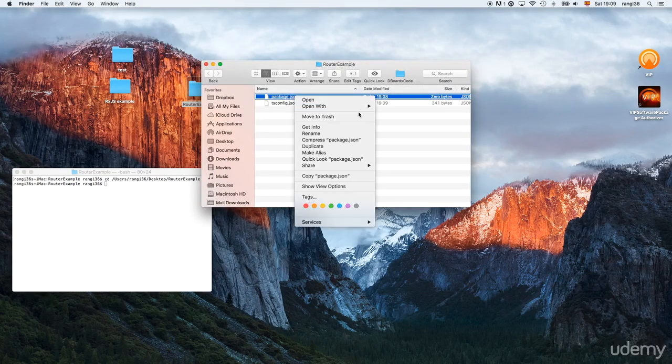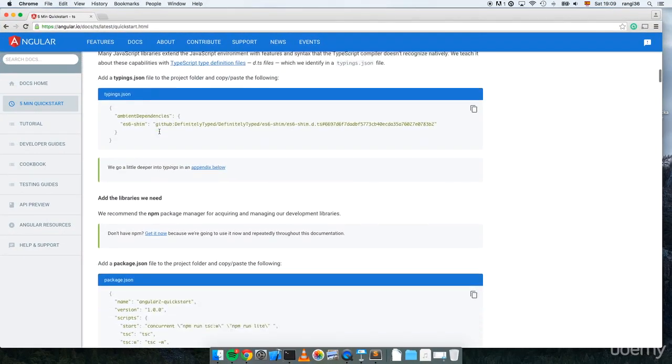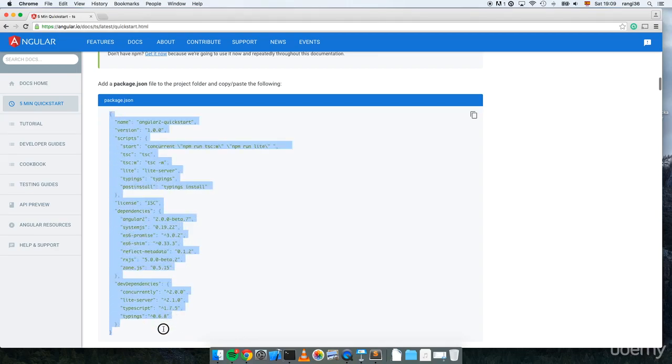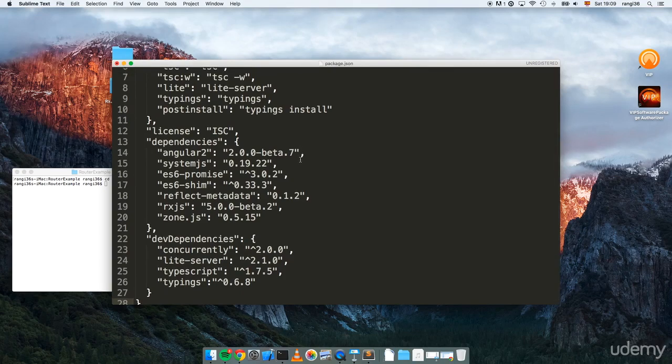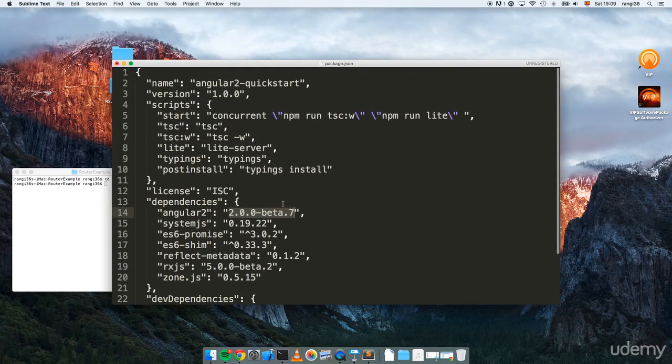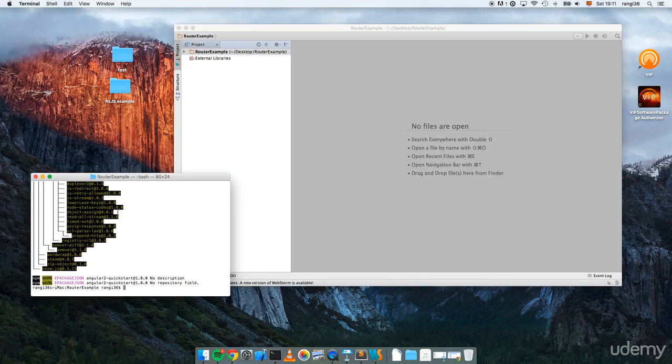And also, let's go to the package and open this again. Okay, let's put it here simple, and the package is going to be all this. I recommend doing it this way because as we are in beta, they are probably releasing a new beta version every week, so it's nice to always have the latest version from the package.json. Okay. So the next step, as you remember, is to execute npm install. This will take care of getting all the dependencies. It takes a little bit. Okay. So once the installation is done,